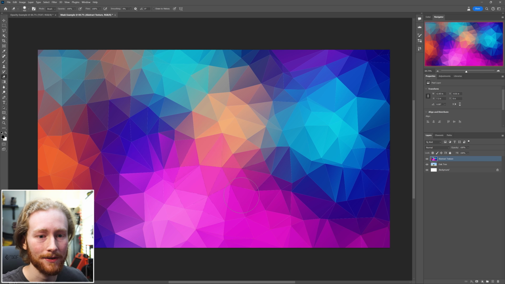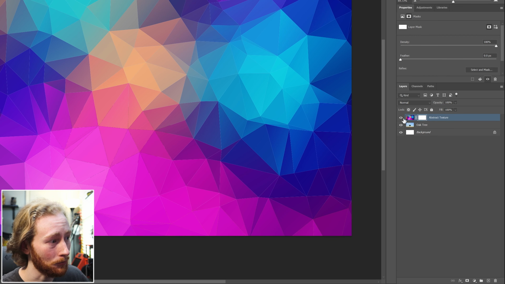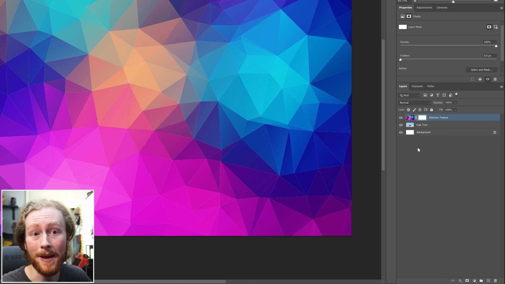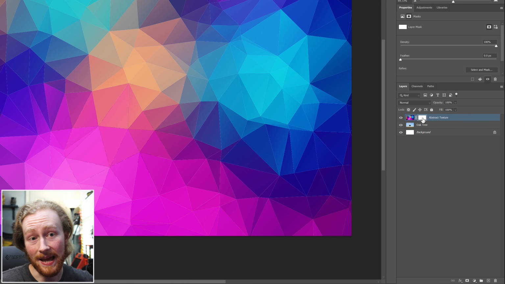To create a mask, first select the top layer and come down to this icon right here that looks like a circle in a rectangle. Just press that and you will apply a layer mask. You'll get this white box on the same layer right next to it. This is your mask. Make sure you select it by left clicking on it,